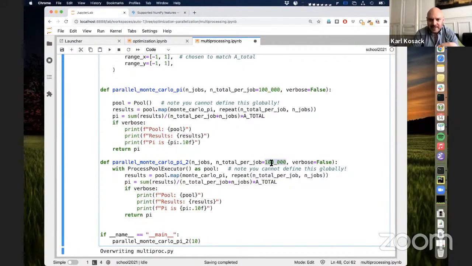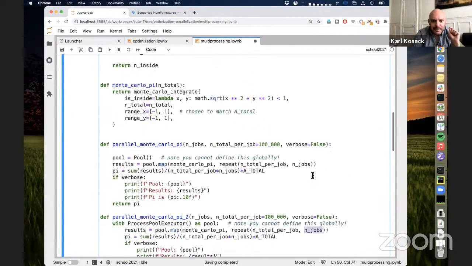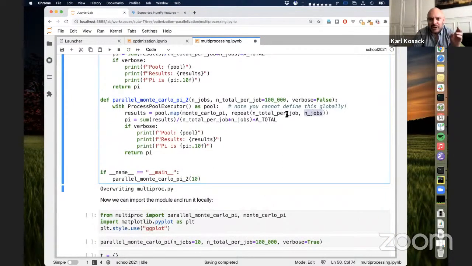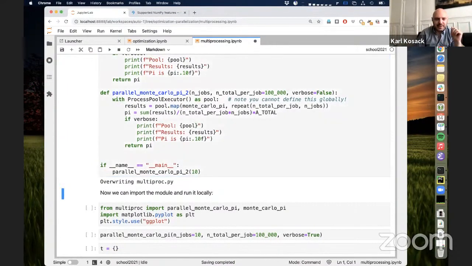So you take 1,000 darts, and I'm going to run this. How many jobs did I say? I haven't executed it yet. So I can say how many jobs I want to do, 100,000 darts. Each one will give me an approximate result for the value of pi. And if I sum them all together, I get a much better result, of course, because then it's 100,000 times the number of jobs iterations. So okay, that's what I'm doing. So that's the entire process.